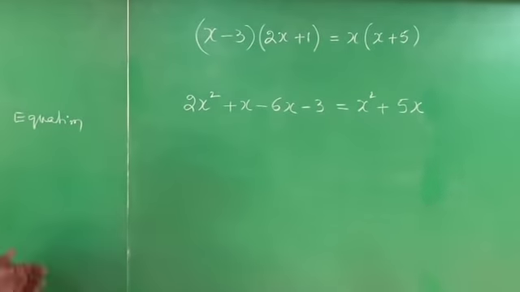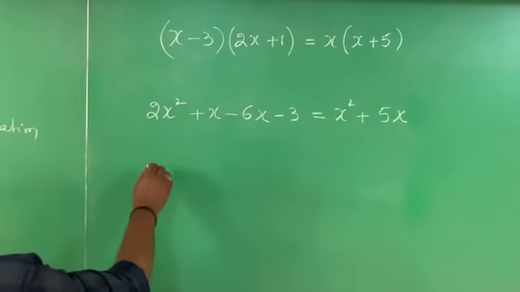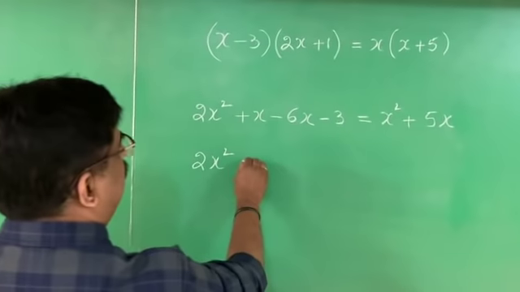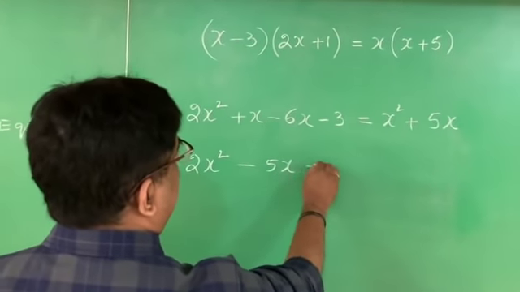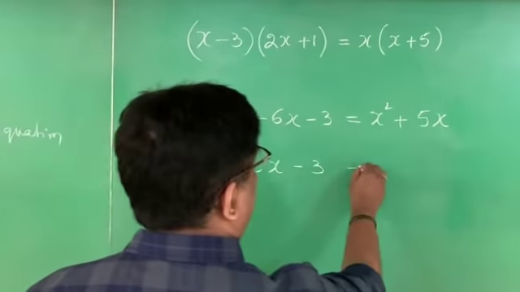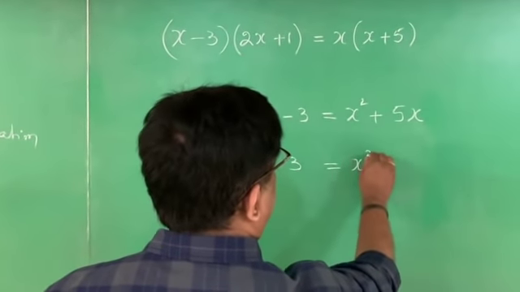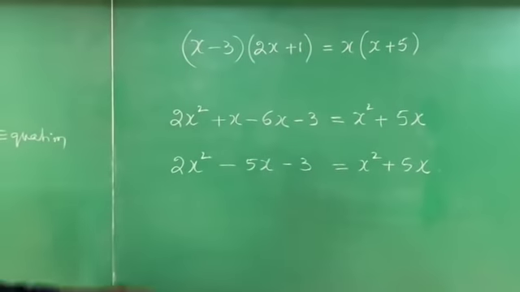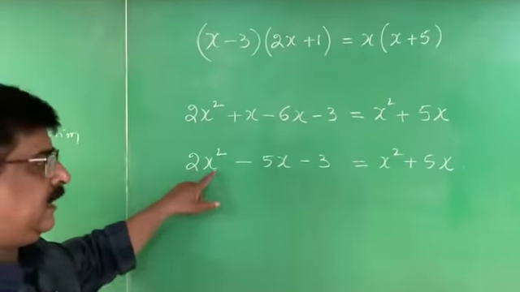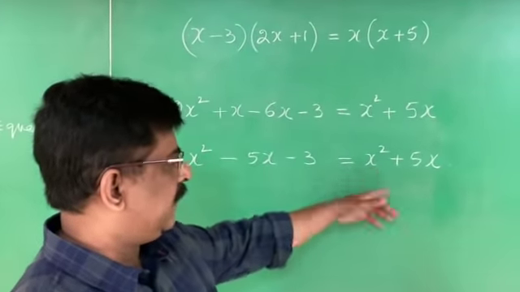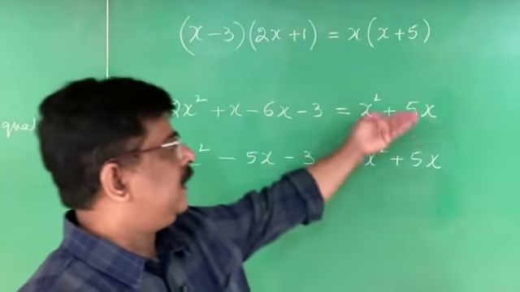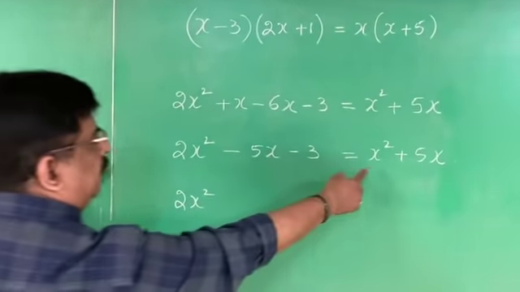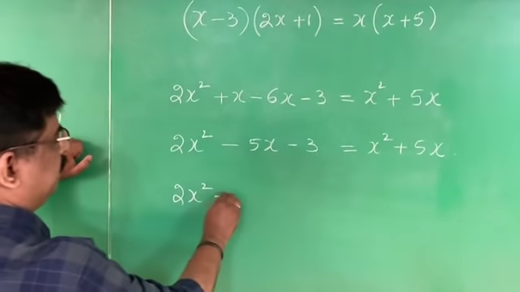The next step is I simplify LHS and RHS separately. 2x square plus x minus 6x is minus 5x, minus 3 is equal to, here nothing is there to simplify, x square plus 5x. Now we have to transfer. Here 2x square is there, here x square is there, therefore this term is to be transferred to this side. 2x square, x square is transferred to this side, it becomes minus x square,